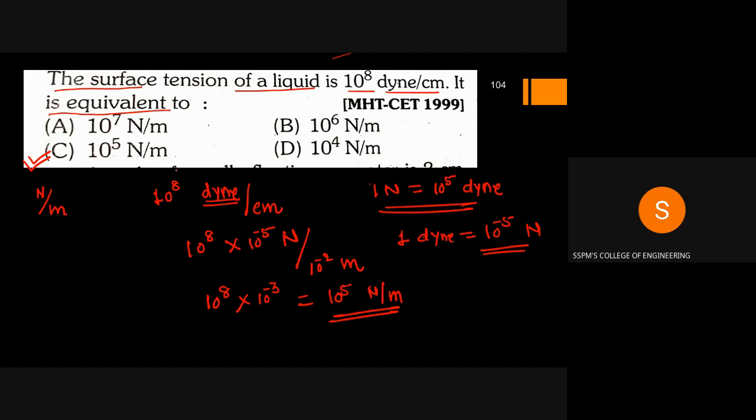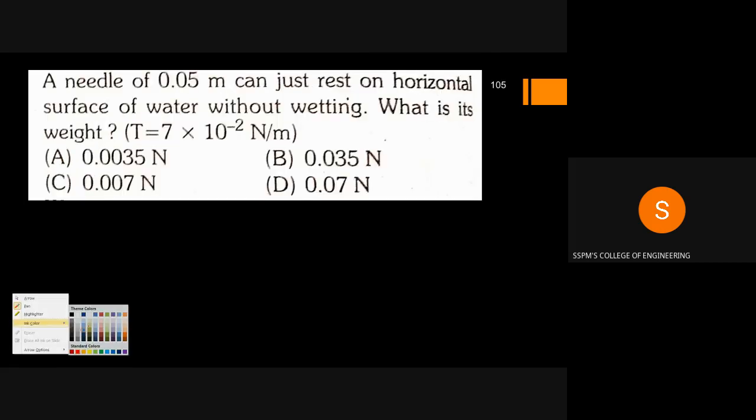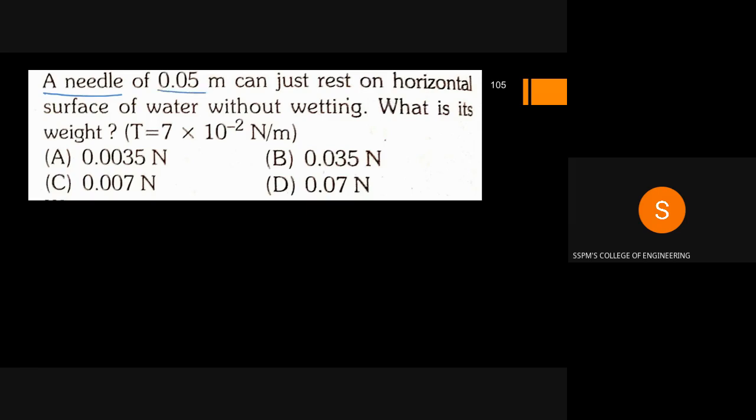Okay, so for the next question. A needle of length 0.05 meter can just rest on the horizontal surface of the water without sinking. What is its weight? And T means surface tension. It is 7 into 10 to the power minus 2 Newton per meter. Okay, so we have to find out what is the weight of the needle. So